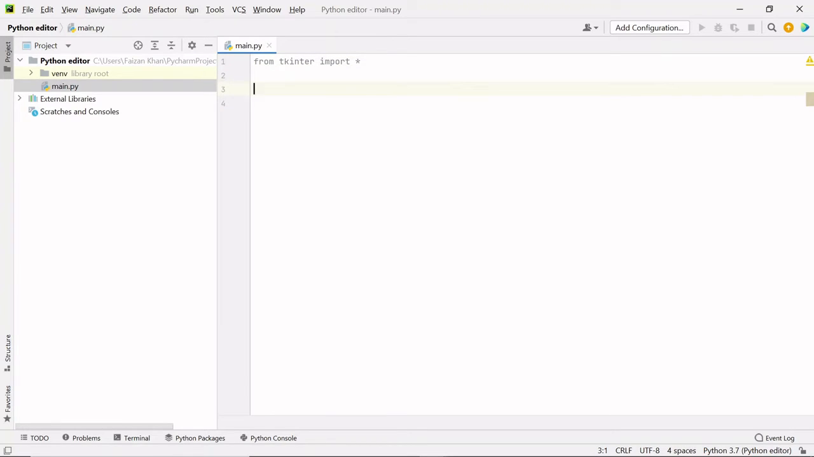For creating our window, as I already told you, we need to create an object of the Tk class, and that Tk class is present inside this module. It's basically a file inside which we have classes and methods. So let's use that class to create our window. The class name is Tk. So once you use this class,